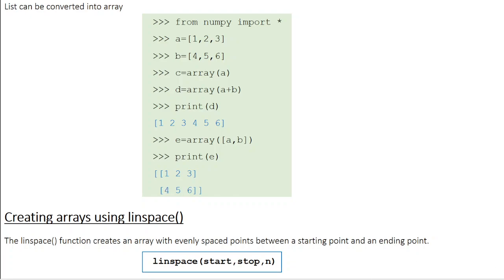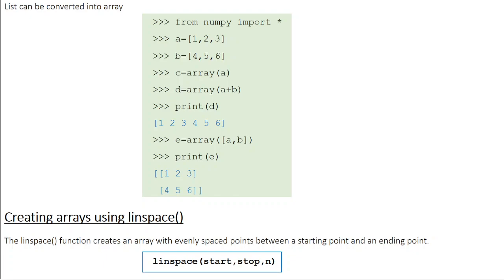Okay. Now let's see how to create arrays using linspace. We have already discussed linspace while mentioning the range function. So as you know, range is a function which is used to create a list of integers, and linspace is used to create a list of floats.